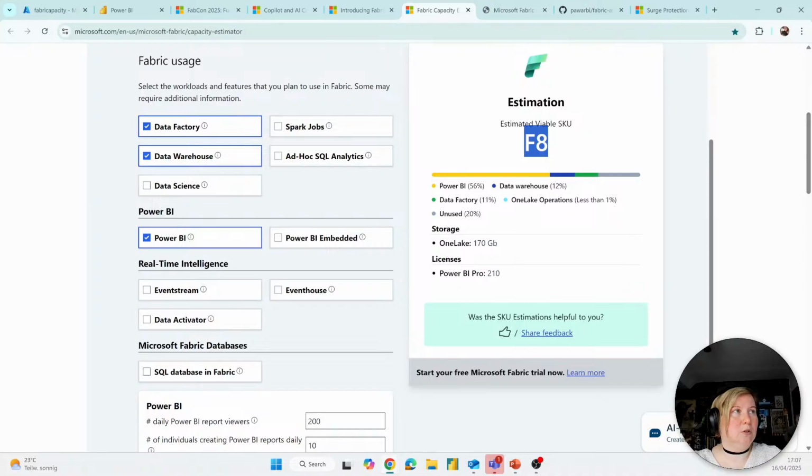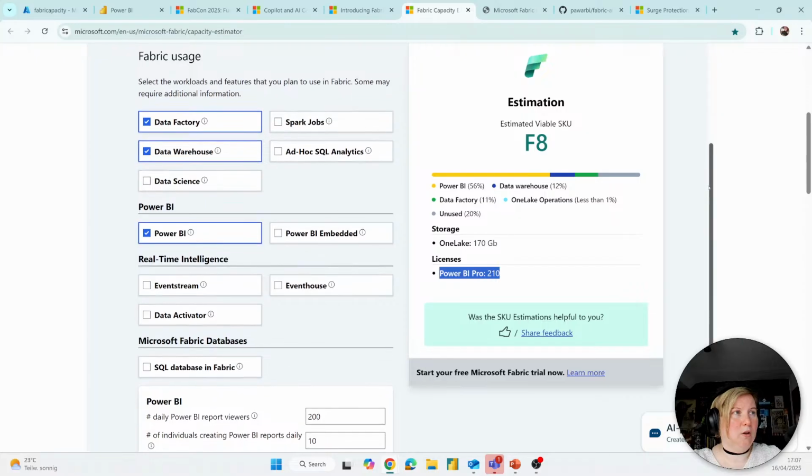Why is it? Because 56% are for Power BI. We have a bit in the data warehouse, a bit in the data factory. The one leg operations less than 1%, and we have some unused. Maybe it's for Copilot, so we have some reserves. And yeah, because the Power BI is here estimated with Power BI Pro, so there's no F64 estimated,